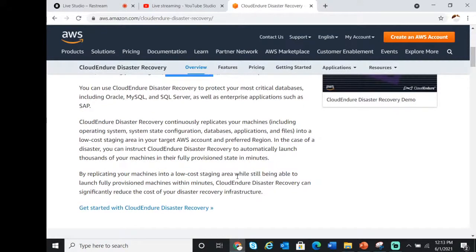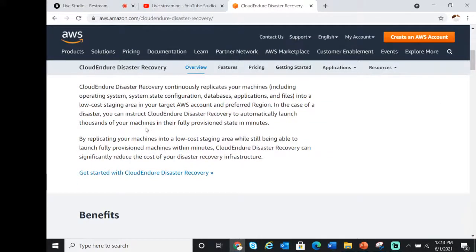It automatically syncs your on-prem database with your CloudEndure database in the cloud, right? So you should not lose any data records. All of that's built into the infrastructure. If you're in the middle of something, you might lose a couple of records, but the majority of your transactions would be set up and already replicated down there, right? The service continuously replicates your machines, including operating systems, system state configurations, databases, applications, and files